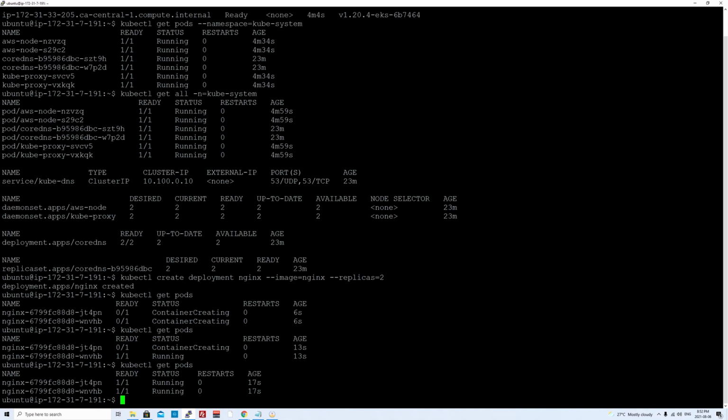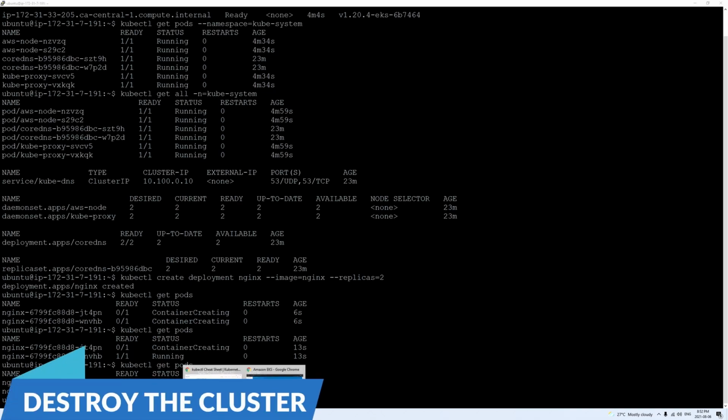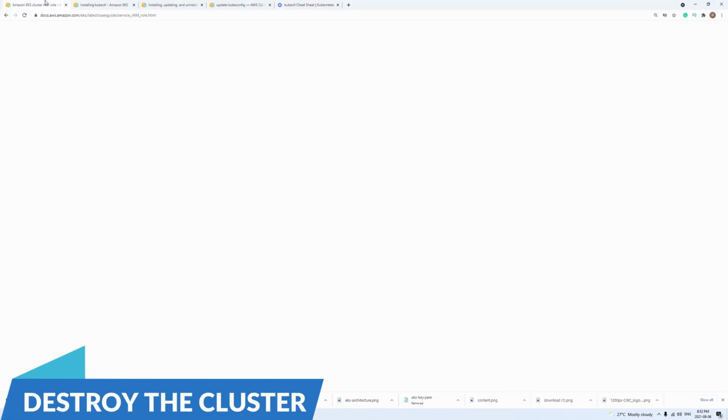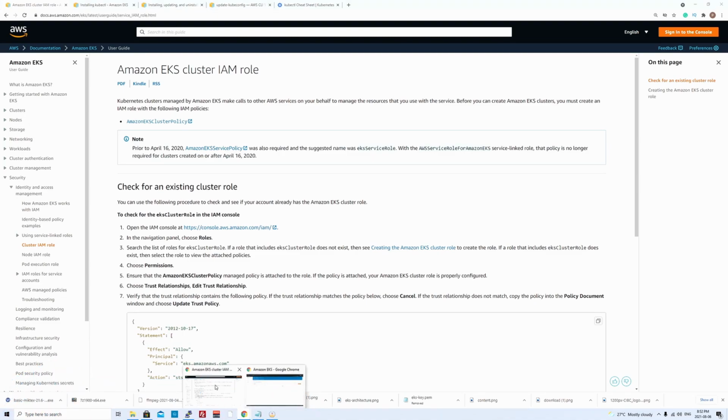Before we go ahead and replicate the same steps with the eksctl utility, let's destroy the resources that have been created with this particular session, so that you won't be charged for unnecessary costs. So I'll go over here to my console.